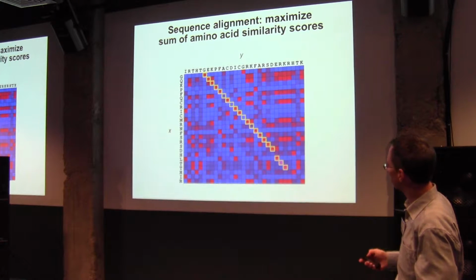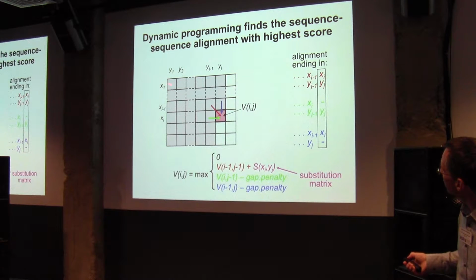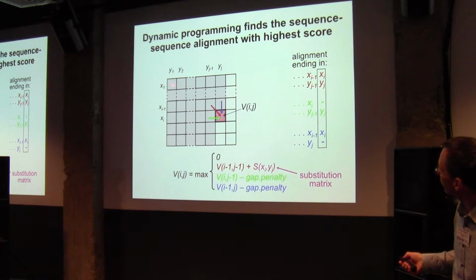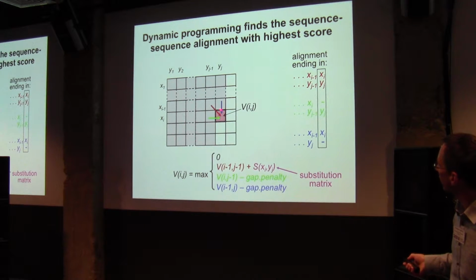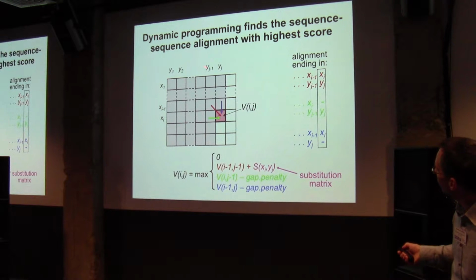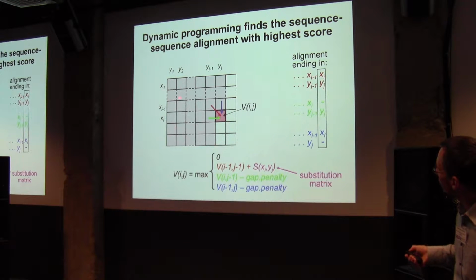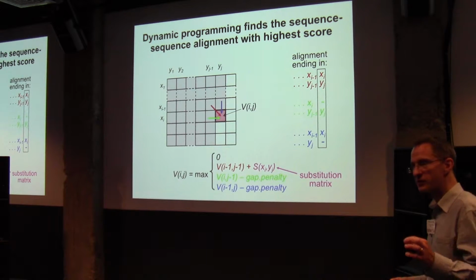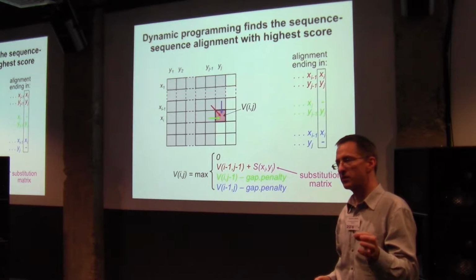The answer is the Smith-Waterman algorithm, and it works by starting at the top left cell and working yourself down, always using the same simple calculation to fill in the next cell. Suppose we've already filled in all those gray cells and we are trying to fill in the next one here. For each of those cells, what we've calculated is the best score of the alignment that ends at that cell.